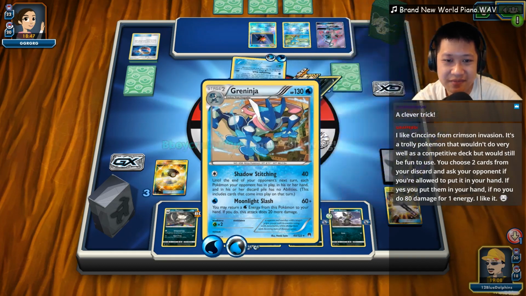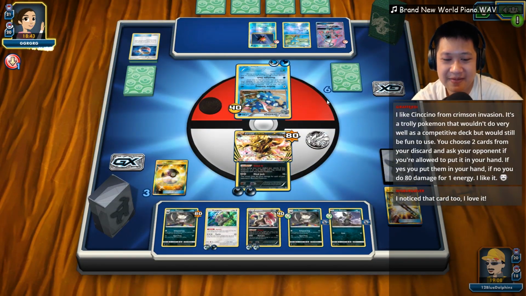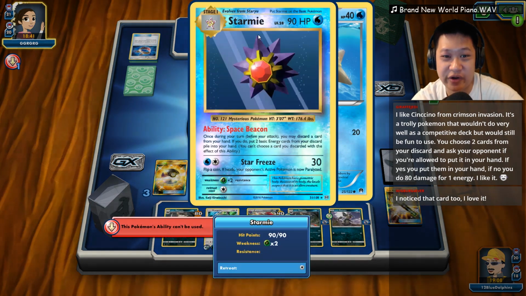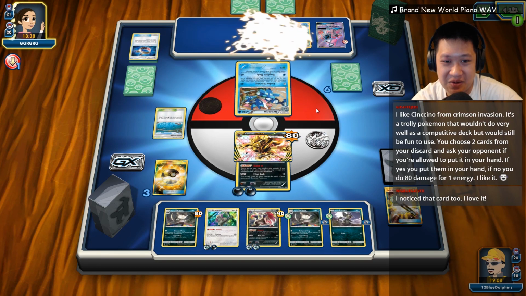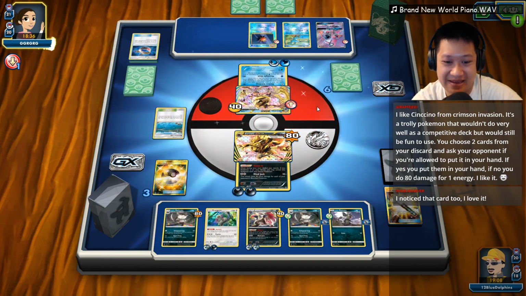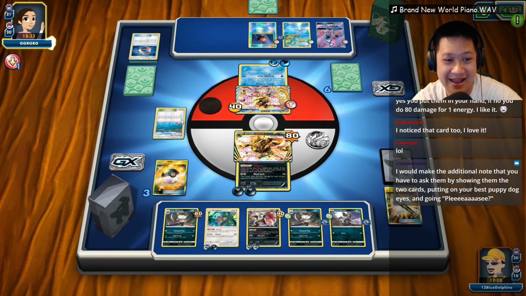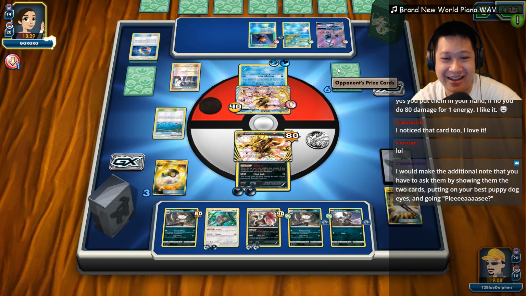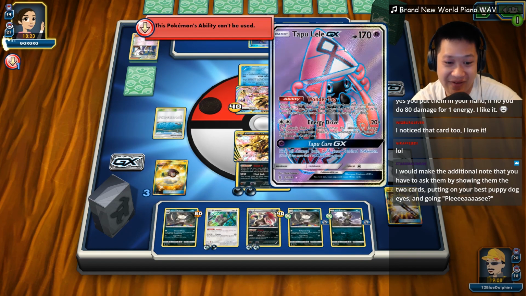Shadow Stitch. Take that. Now you can't throw any Ninja Stars, nor can you get any energies back from your discard. Alright, so Greninja comes back out, and that might cause me to be stuck in the future. Choice Band, you're gonna use this, activate the stadium. Sycamore. Alright. So, you can't throw Ninja Stars. I Shadow Stitched. I used your own poison against you, so you'll have to find somebody else to fight